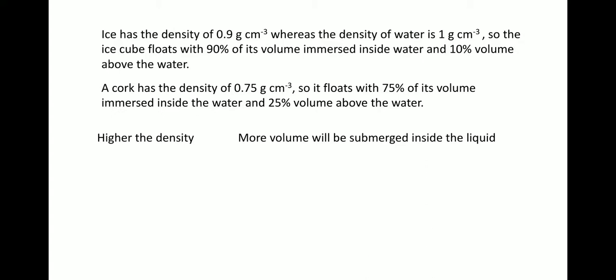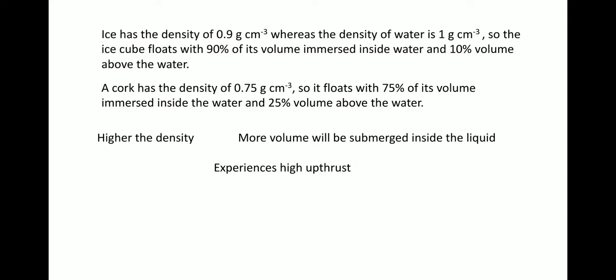And if more volume is submerged inside the liquid, then it will experience more upthrust, or high upthrust. If the body has lower density, then more volume will be above the surface of the liquid,